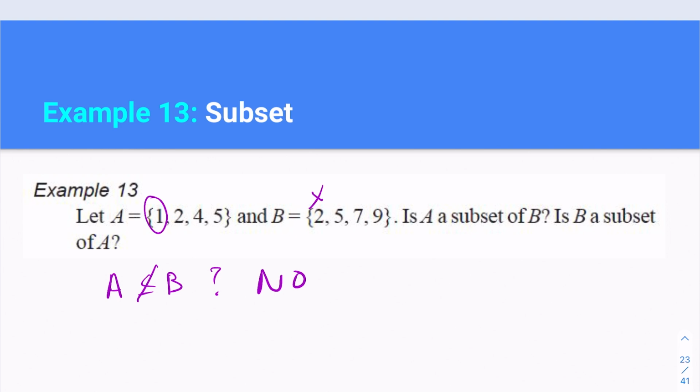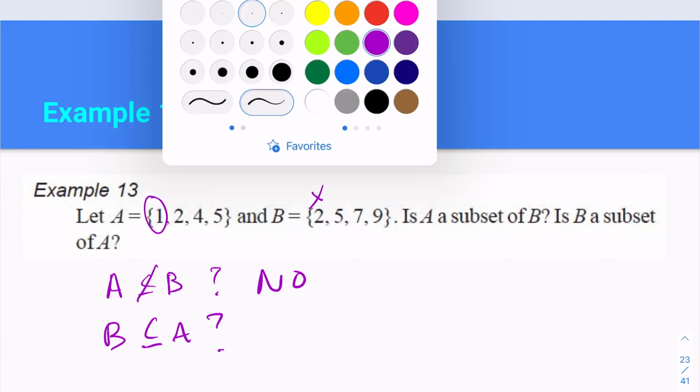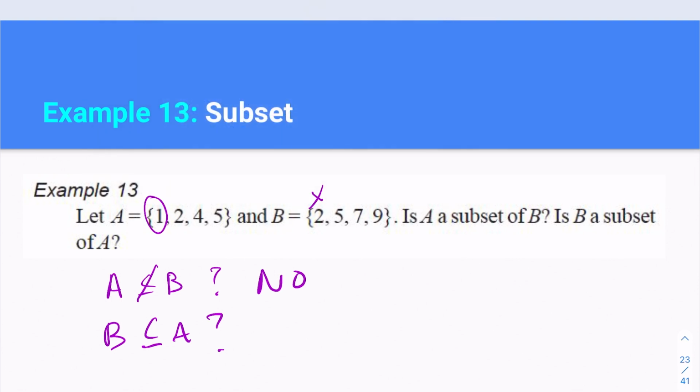But then it's asking us, is B a subset of A? Well, then that means, I'll use a different color here. Let's check. Is 2 in A? Yes. Is 5 in A? Yes. Is 7 in A? Nope. So we can even stop right there, but 9 is also not. So this one is a no also. So these are what we call not mutually exclusive sets. So that will be defined later, but they have some intersections,